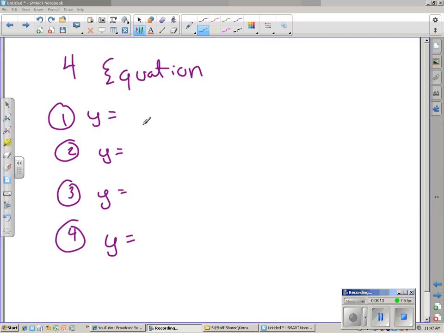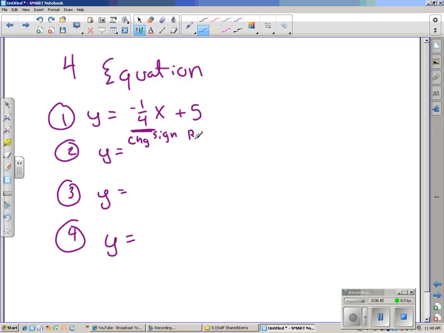To make a cool graph, we want to have y equals for each one of our equations, and the first number is going to be a fraction. Choose any fraction you want, make it simple. Just don't use negative 2/3 because that's what we've already done. Maybe negative 1/4, maybe 3/7, maybe 4/8. Pick any fraction, write it down. Fill in the x, then fill in a random number at the end. Keep it simple. Step 2, we're going to change the sign, and we're actually going to also take the reciprocal